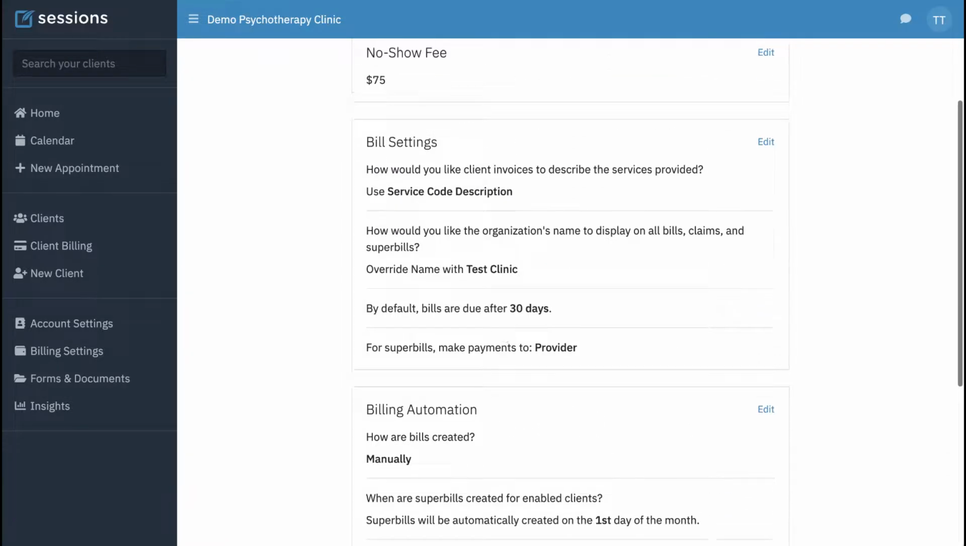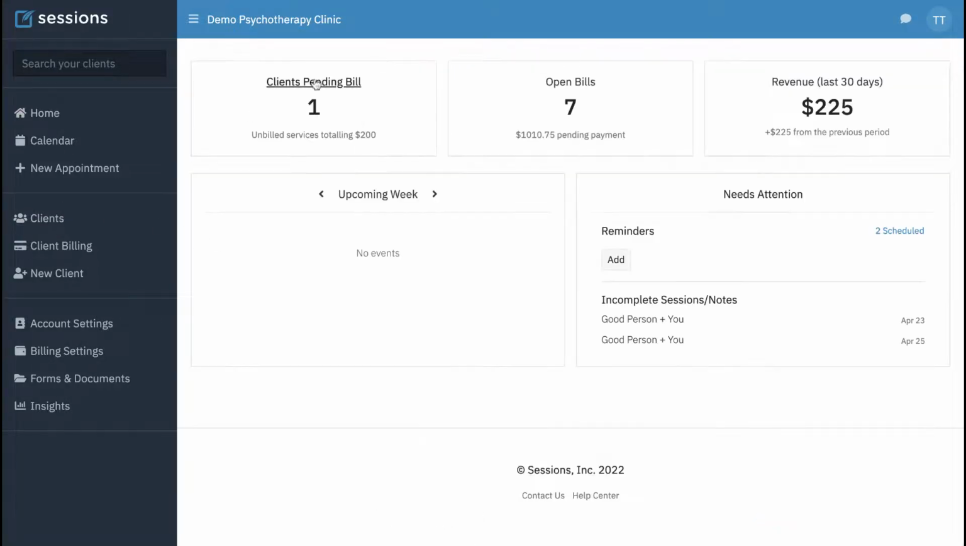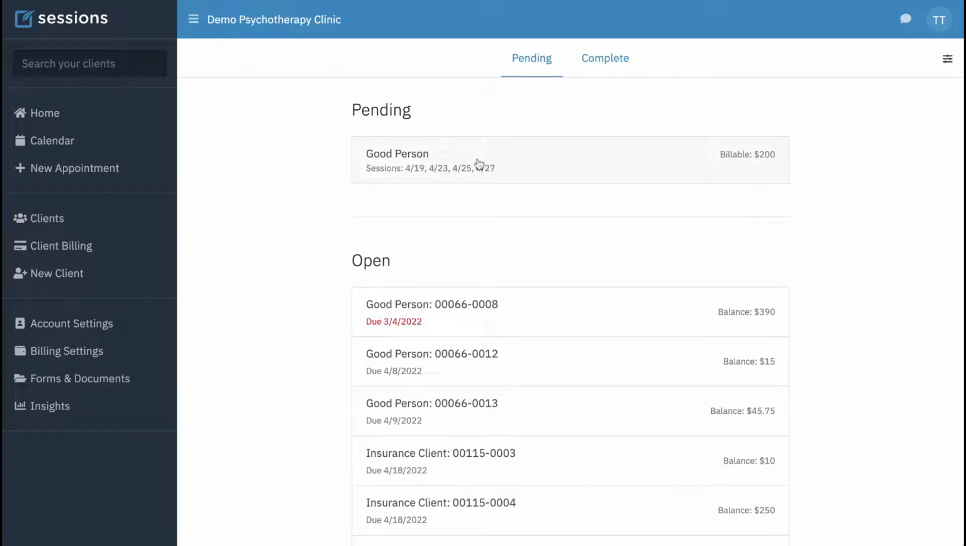So now that we have our settings in place, how do we create a Superbill? Well, if it's done automatically, it's going to look at all of the eligible services from the last month, or going back even further if you haven't generated Superbills from eligible sessions, and create a Superbill with all of those sessions included. If you do it manually, what you'll do is you can go to a